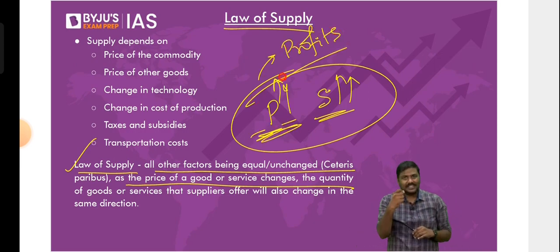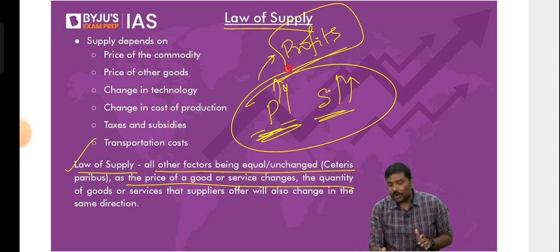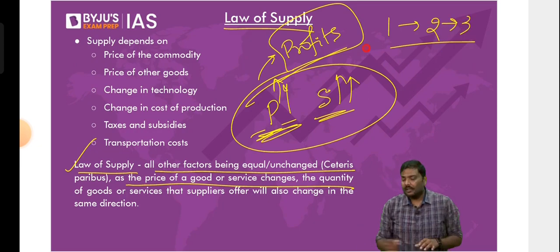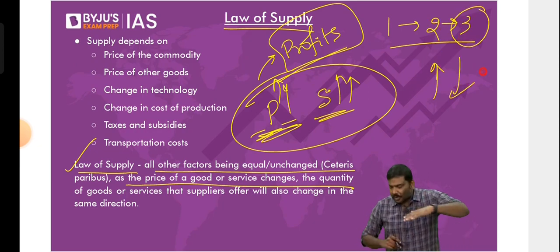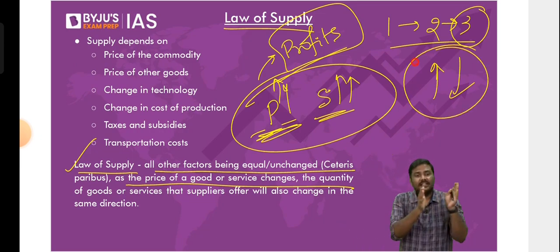Understand this. Whenever the price goes up, the supplier or the seller in the market starts earning more and more profit. Now imagine you are that particular supplier. Prices have gone up, your profits have gone up from 1 rupee to 2 rupees, 2 rupees to 3 rupees per unit. You tell me, will you increase your supply or decrease the supply? When the profits start moving upwards, obviously in order to earn more and more profits, you will also increase your supply. That is the reason why the law of supply says the price and the supply, both of them will go in the same direction.